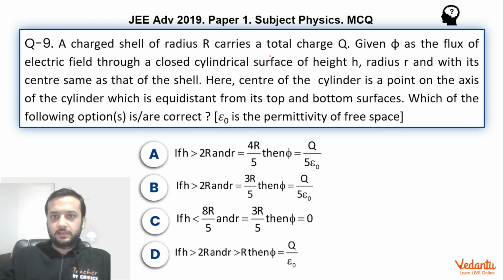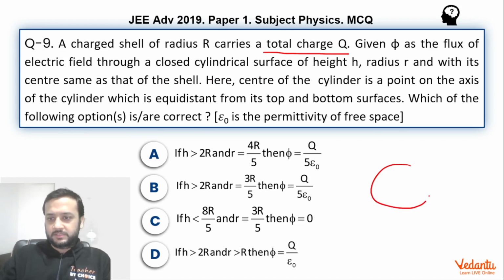There's a charged shell of radius r which carries a total charge q. Read this word carefully, total charge q. It's not written that the charge has been uniformly distributed, mind you. Now phi is the flux through the closed cylinder of height h, radius r, and this cylinder has been kept symmetrically. For example, if this is the shell, the center of the cylinder will coincide with the center of the shell, and depending upon the height of the cylinder in various other options, it